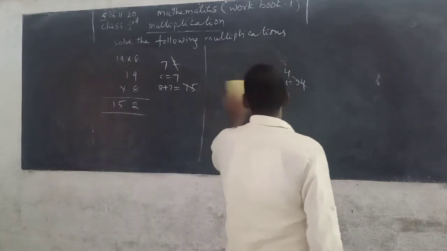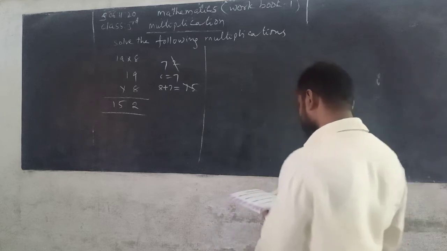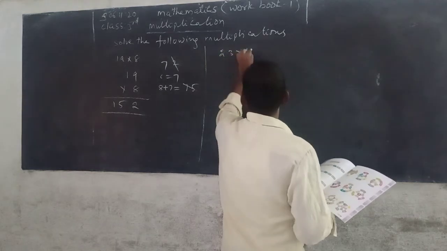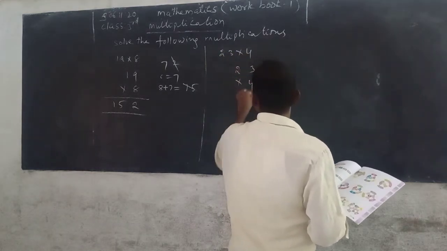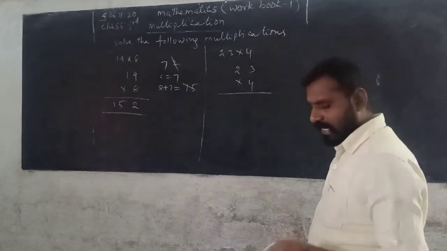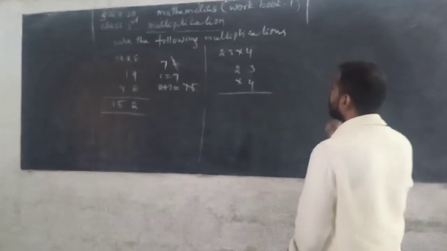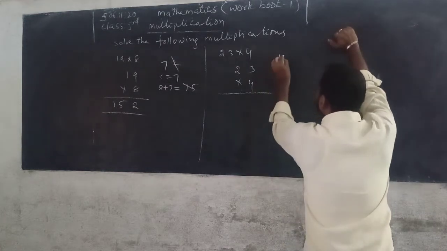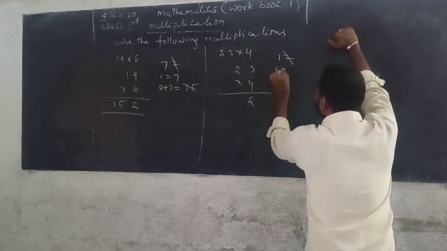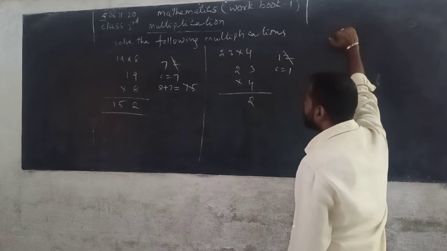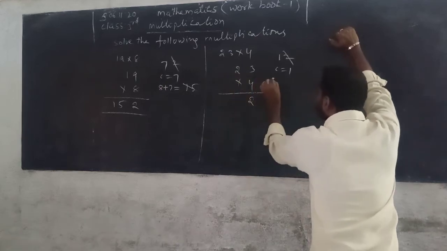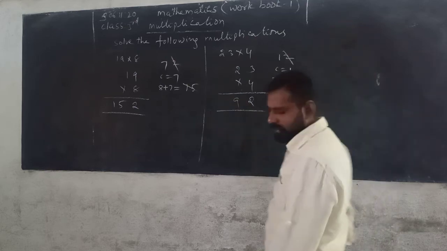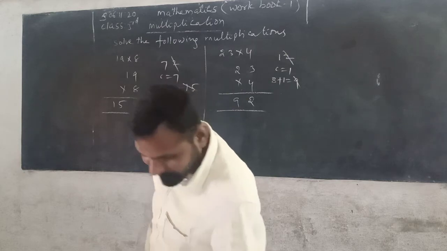Now next one, 23 into 4. So first the given number is written in column wise according to their places and 4 you can write below the 3. Then you can multiply ones place digit with 4. 4 3s are 12. In it, 2 is taken and written down. Now 1 is carrying. Now next we multiply the digits in tens place, that is 2 with 4. 4 2s are 8. 1 is added to 8, you get 9. So product is equal to 92. Now next, try to do this multiplication, third bit.